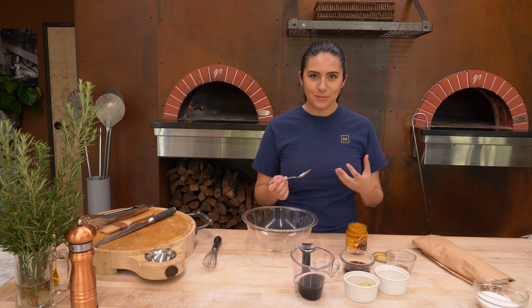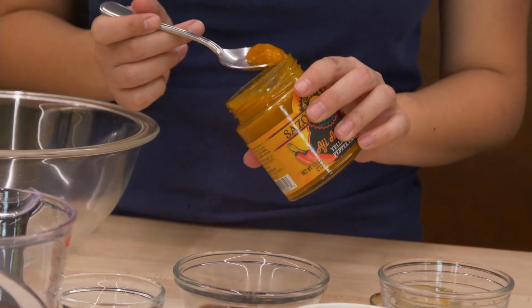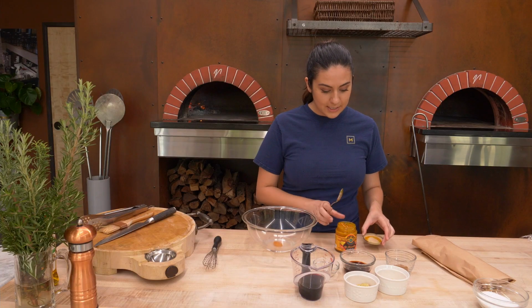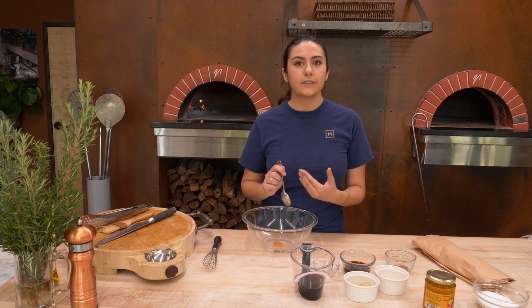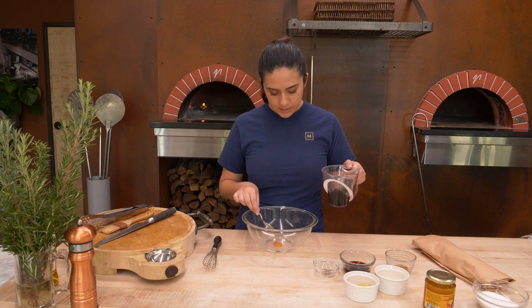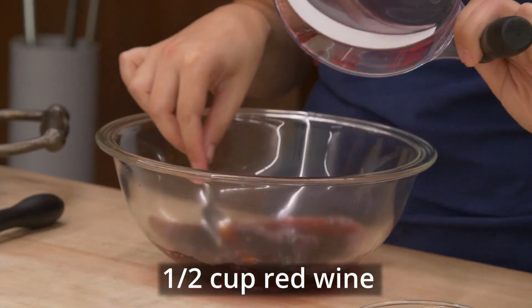I am a little bit of a spice wimp, if you will, so I actually only use about a teaspoon in here, and a little does go a long way. You will be able to taste this, and we're gonna start with that. Some people go off a teaspoon per pound of meat, and today we're cooking with hanger steaks, so it's not a very large steak. So over this pepper paste, we're just gonna put half a cup of red wine,